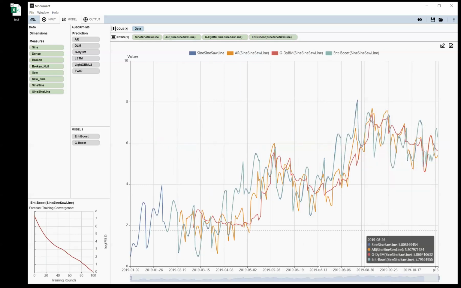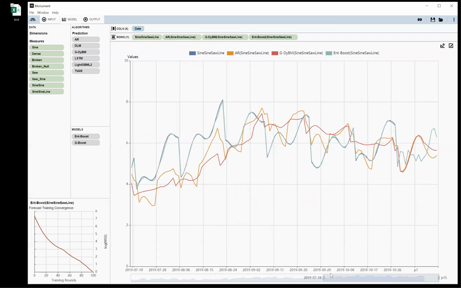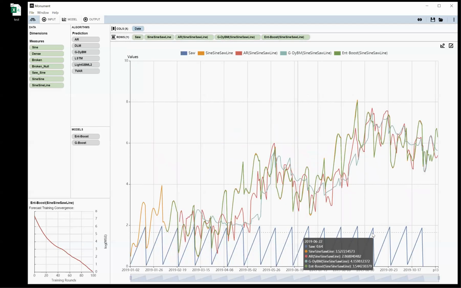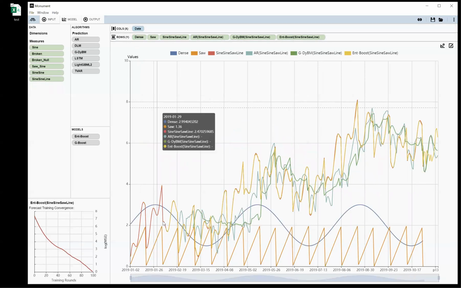So the entropy booster is green, and the entropy booster is the one that will incorporate more than just a single time series into its projection. So here we have these 2 time series versus this one. Now, what I can do in this tool is I can say, okay, the sine saw line probably will be benefited by the incorporation of that sawtooth variable, likely also the dense sine line, which is brought in there, and probably even the